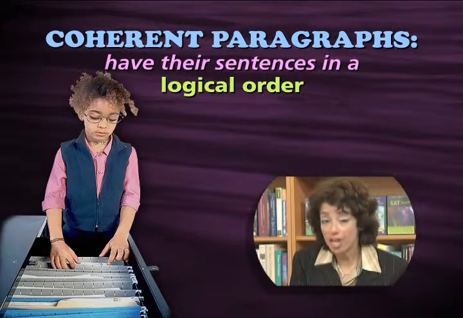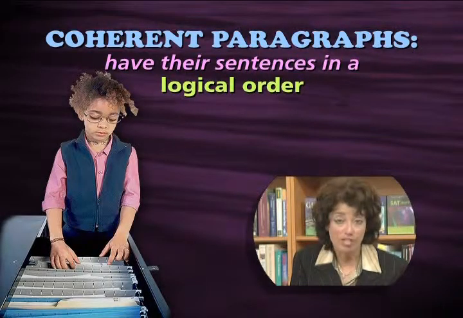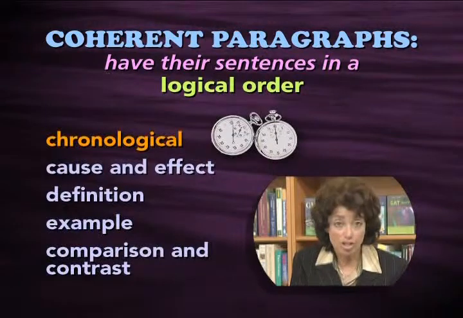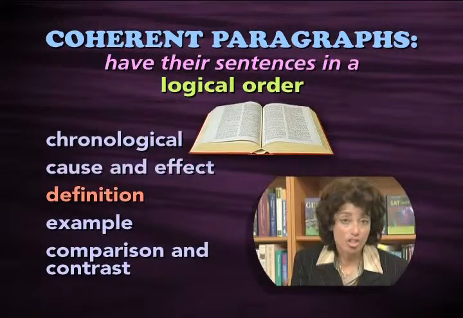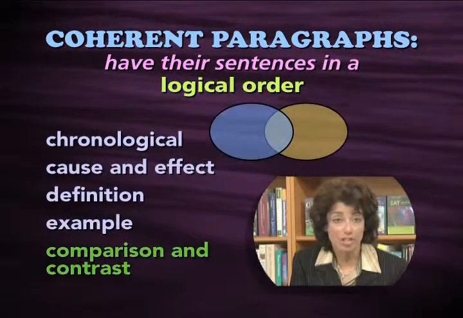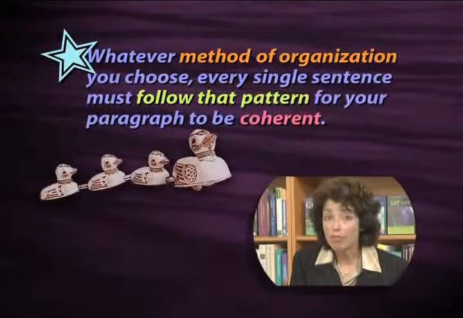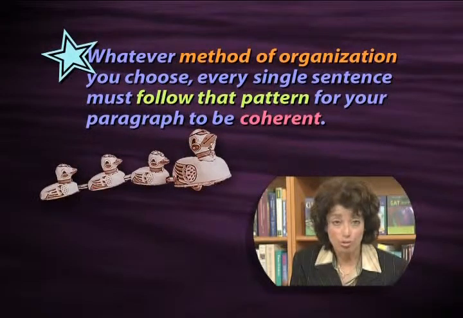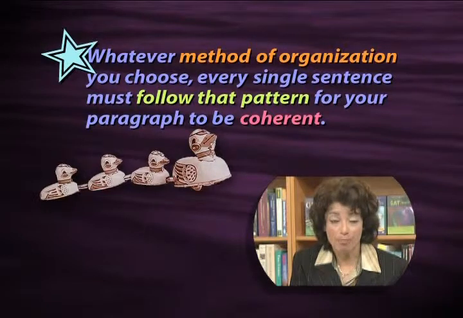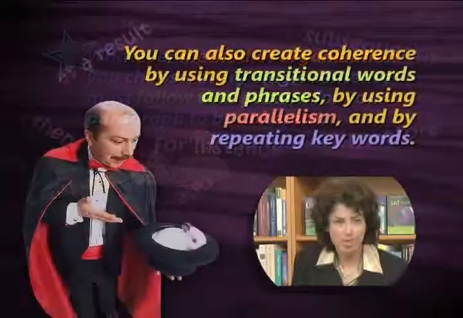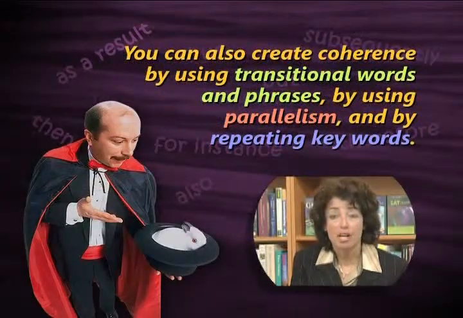There are many different kinds of order that you can follow. For example, you could have chronological order, that's the order of time. You could have cause and effect. You could have definition, example, comparison, contrast. Whatever method of organization you choose, every single sentence must follow that pattern for your paragraph to be coherent. You can also create coherence by using transition